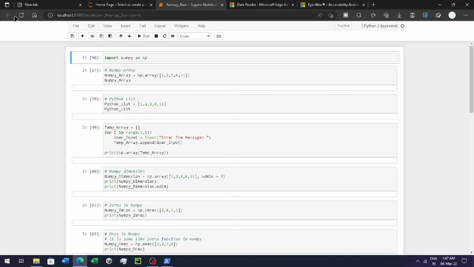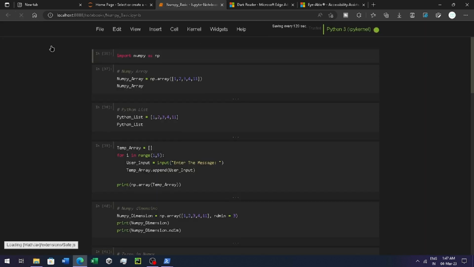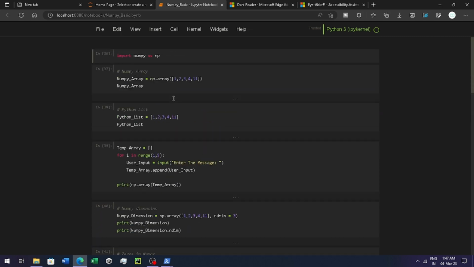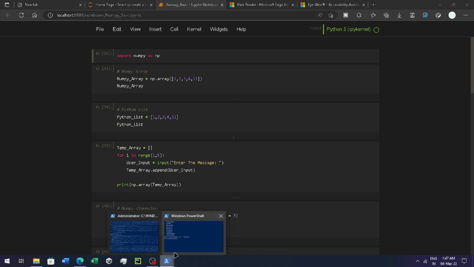After you click enter, you need to refresh the page, and after refreshing, it changes the theme of the Jupyter Notebook. But you'll notice that some of the buttons are not visible after you change the theme. And when you decide this theme is not good and you want the default theme, then you need to run